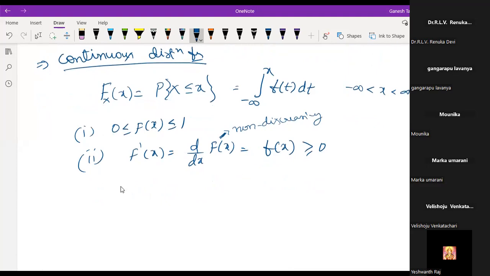Because it's a continuous one, your distribution function is the integration of the density. The density will be the differentiation of your distribution. Simple. And the third one is